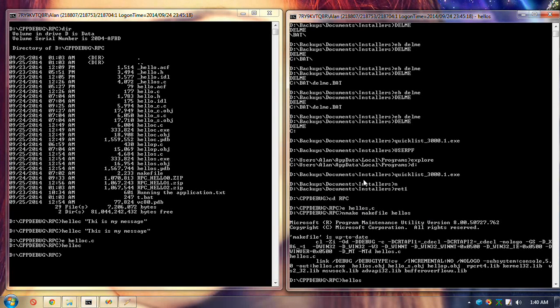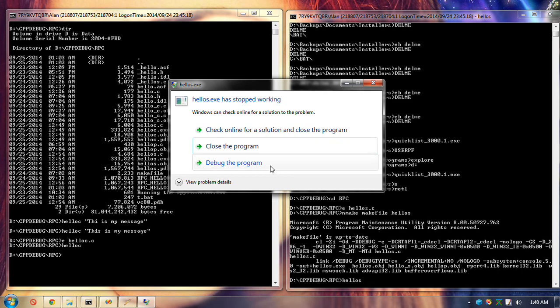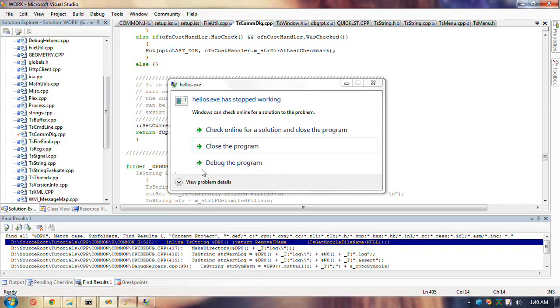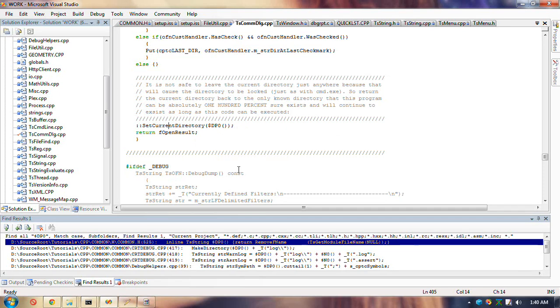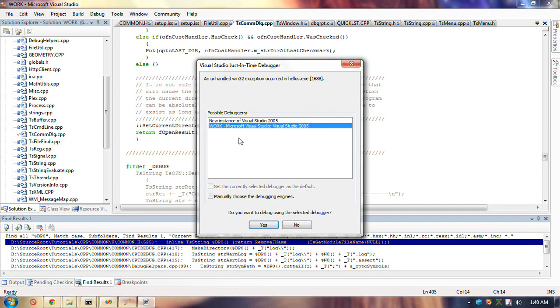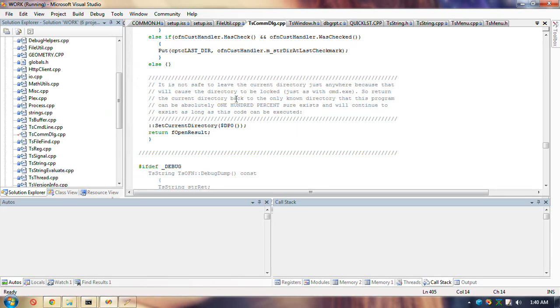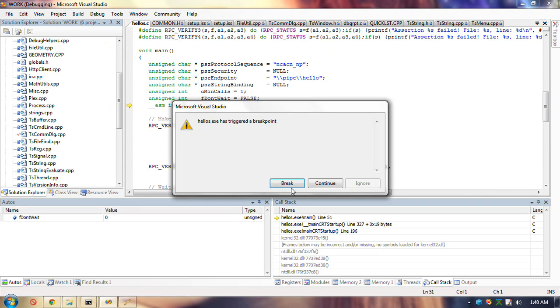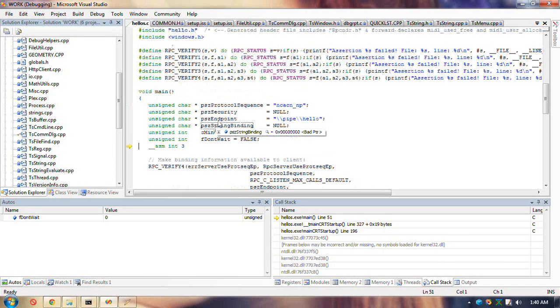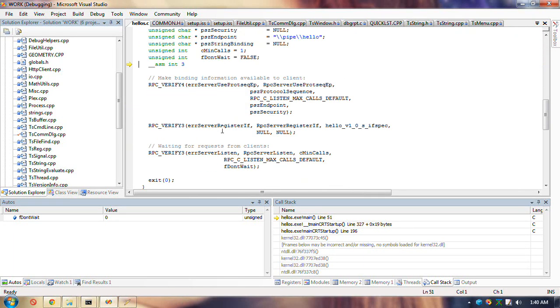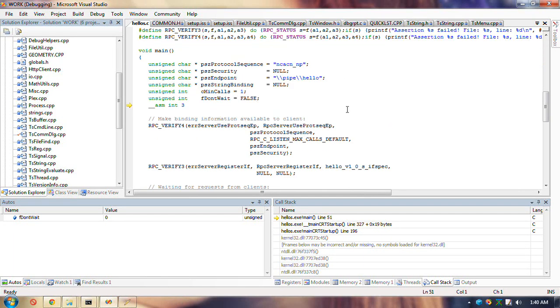I should get a prompt here. Then I say, let's bring this up, debug, and now I can just go directly into the currently open program. And since this was compiled with debug, it shows me the source and the lines.